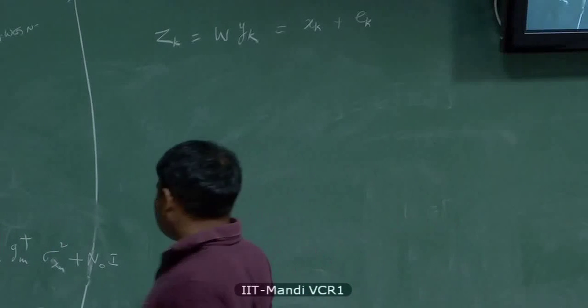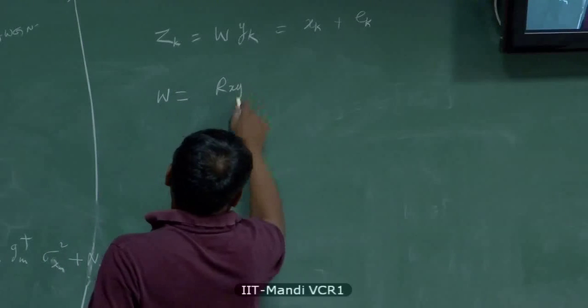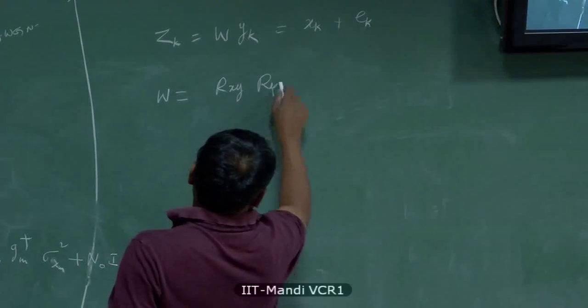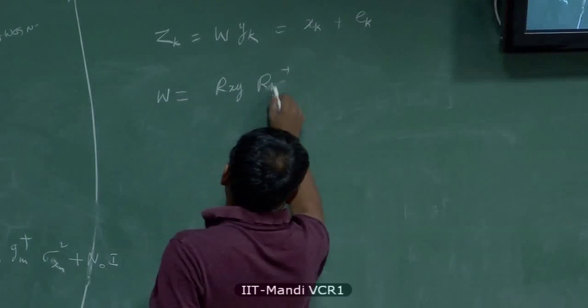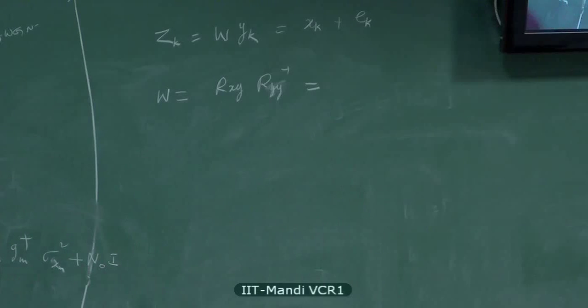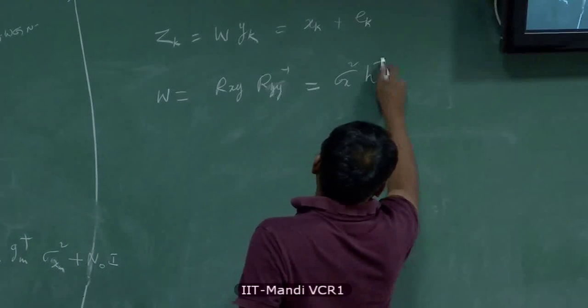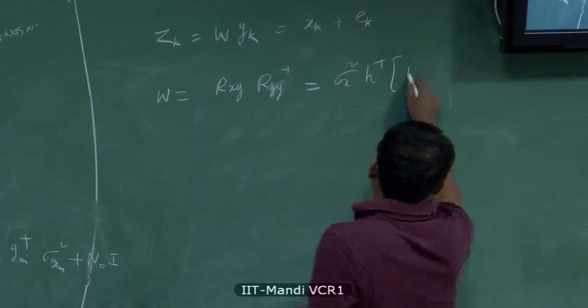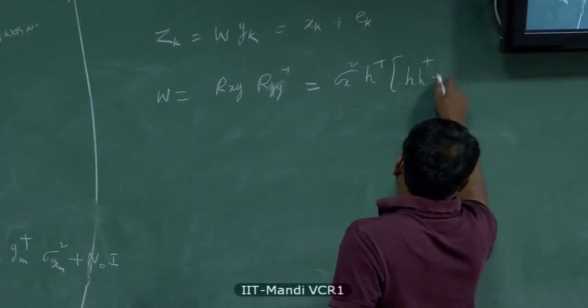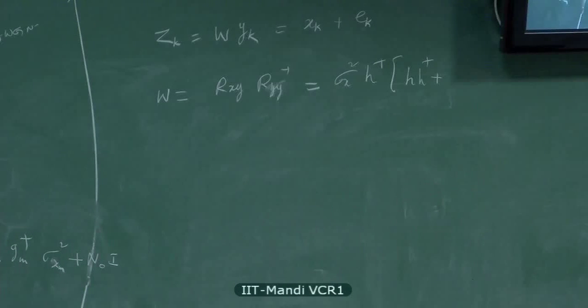Okay, so now we have an expression for W, which is R_XY R_YY inverse, that is equal to R_XY, which is sigma x square h Hermitian, and h h Hermitian plus R_NN tilde, which is